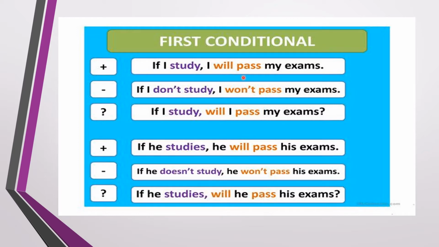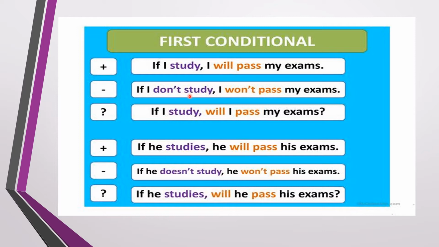The second example, which is in the negative form, if I don't study, comma, I won't pass my exams. If plus subject plus the main verb, which is in the negative form, don't study لأن الفعل في زمن